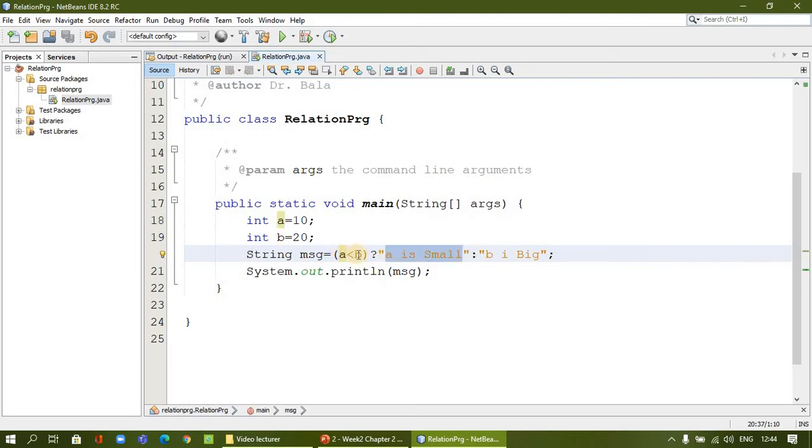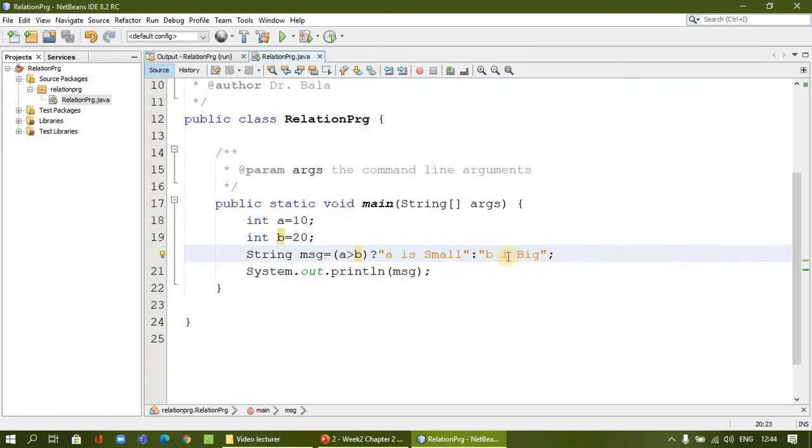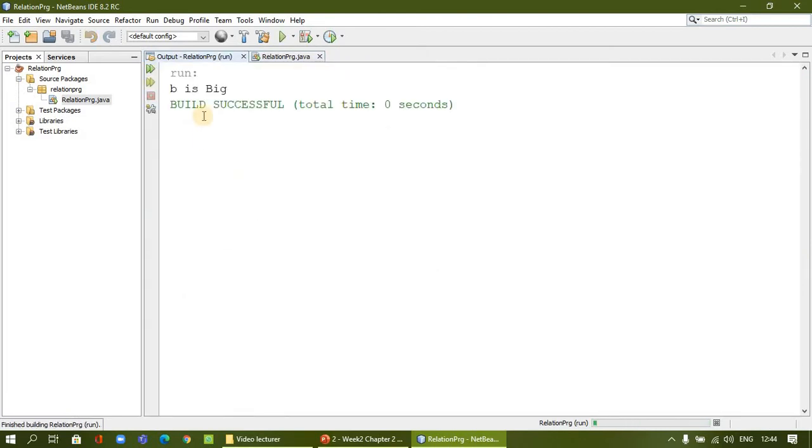If I reverse this condition, A greater than B, and execute, it will go to the else condition, the next condition. So it says B is big. Okay, B is big. In this way we can simply solve it.